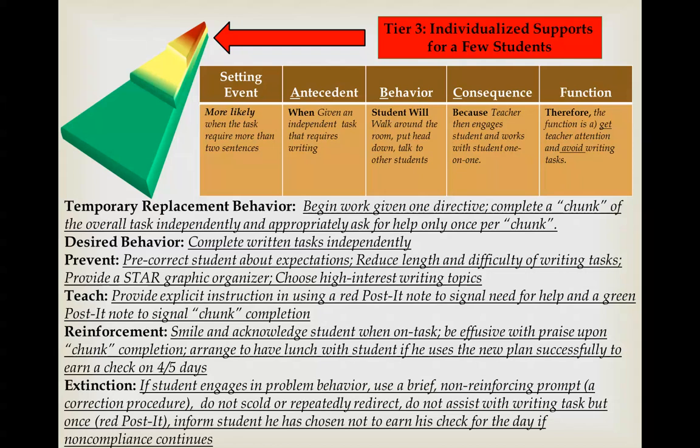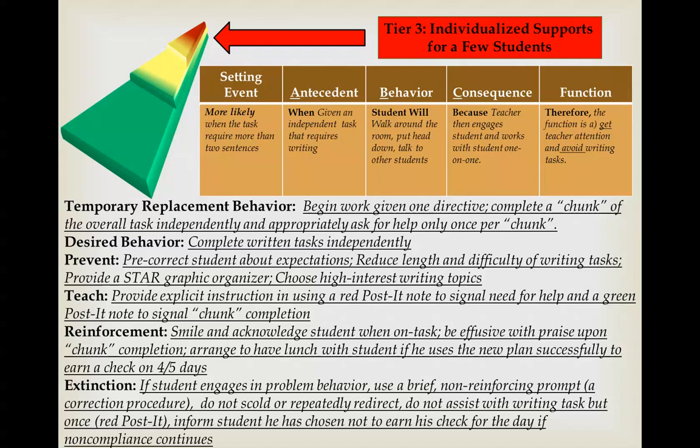Again, efficiency and effectiveness. The adults responding to noncompliance with the writing expectations have to interact with the child in a manner that is far less reinforcing than when the child engages in compliance with the writing expectations. It ain't rocket science. It is, however, challenging to do in a real world in which you are multitasking. You have to be fully present in the moment, what people are increasingly calling mindful, right, so that you can self-regulate through this. The student also needs to learn that using the red Post-it note to get help is more efficient than walking around the room, putting my head down, and talking to other students.